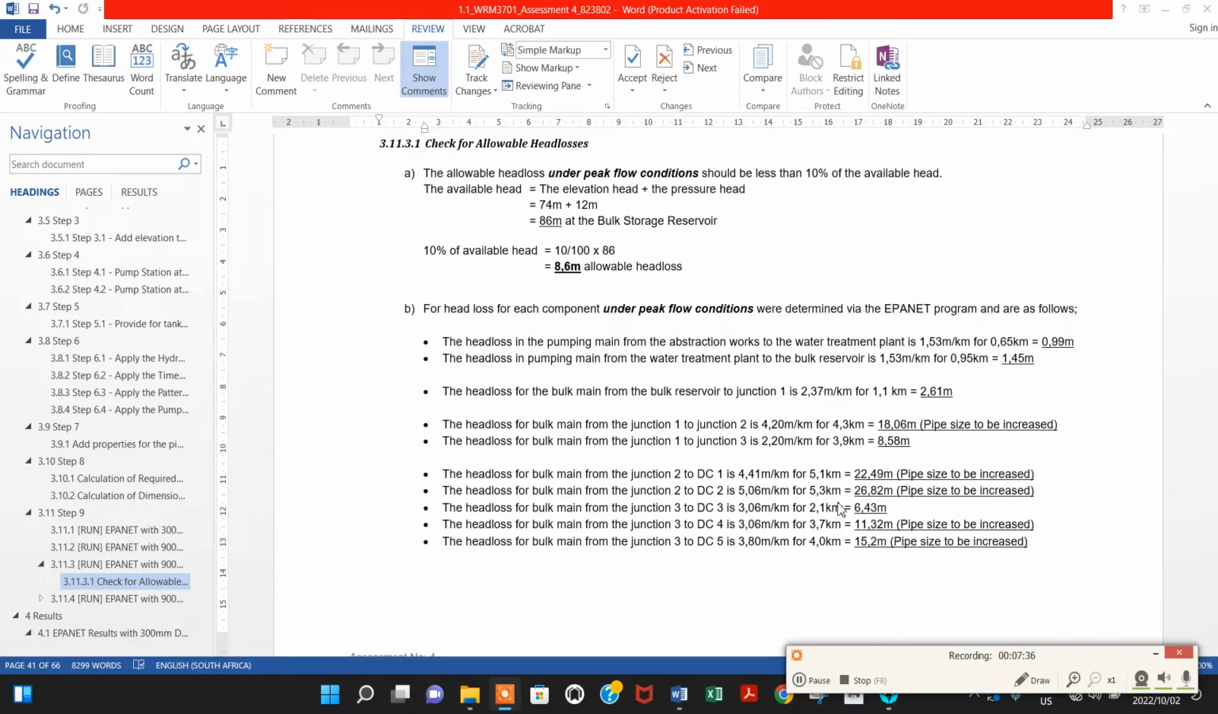As you can see from my calculations, some of the pipes were undersized with regards to head loss. They exceeded the allowable head losses. So these pipe sizes needed to be increased, and then the head losses checked to satisfy the requirement to be less than 10% of the available head. I'll now return to Epanet with the second revised pipe sizes. This is my Epanet